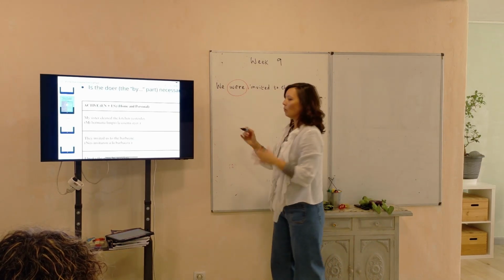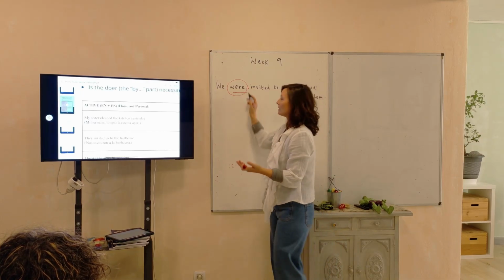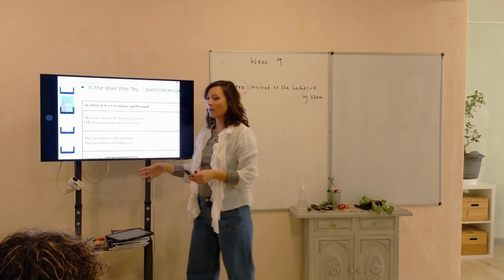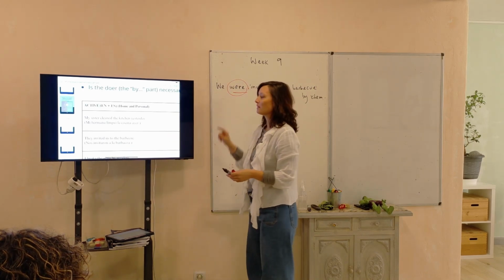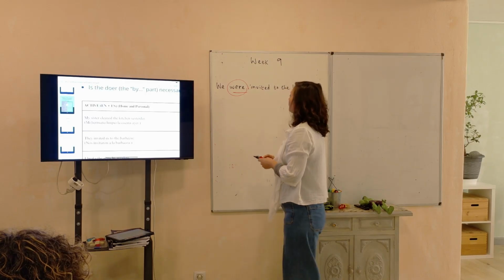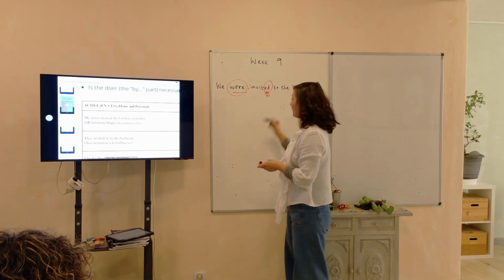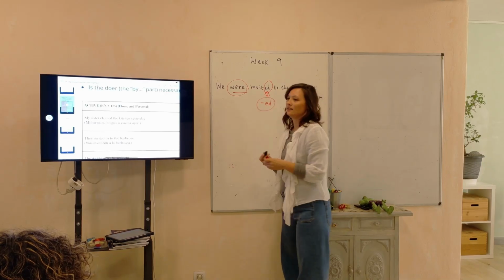The passive voice always includes a form of the verb to be. In this case, it's past tense. And it coincides with the past tense of the verb invited. The principle of the main verb is always going to indicate what format the verb to be is in. Then, here, you have a past participle. In this case, it's regular. So it ends in ed, and it's easy. Okay?